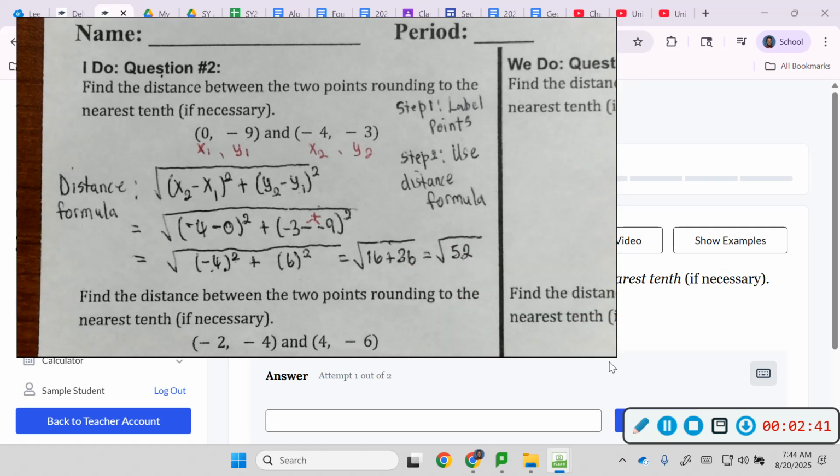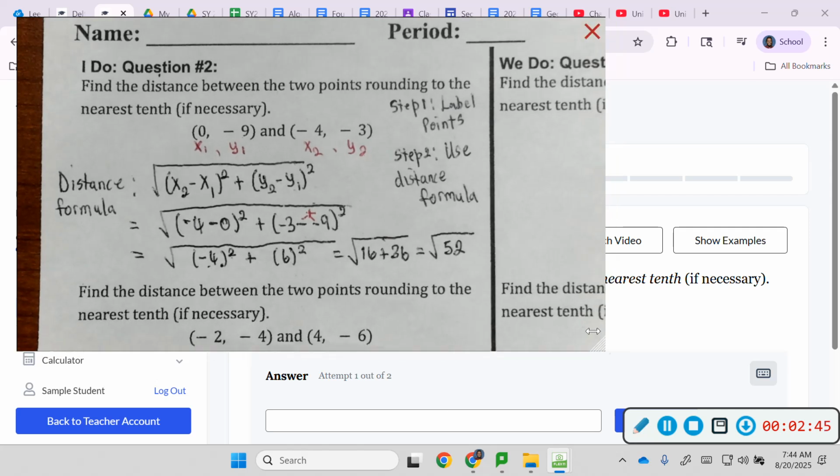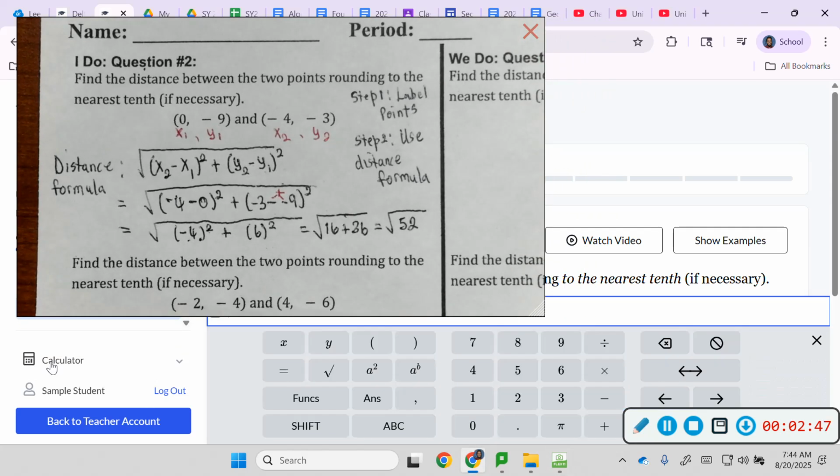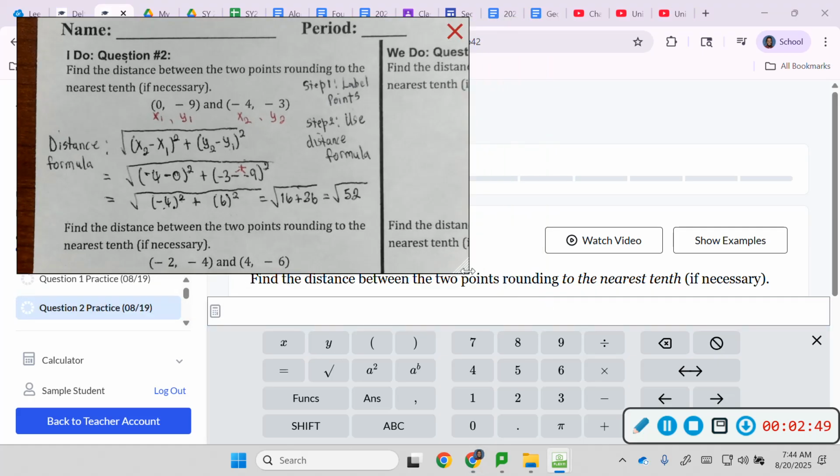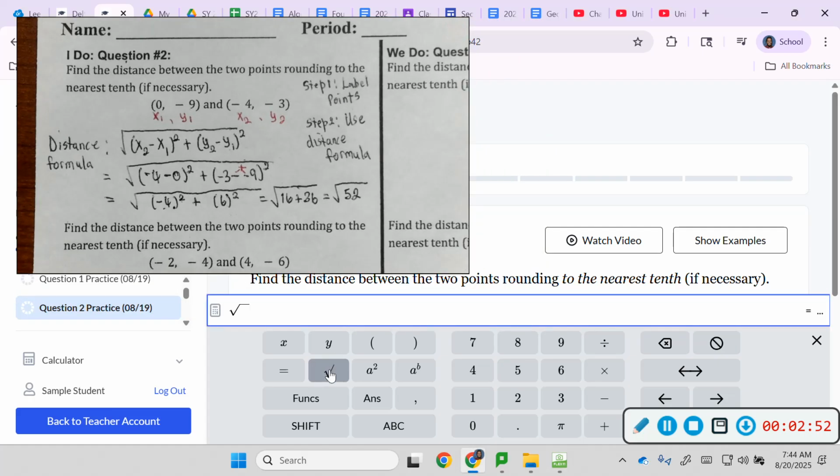I don't know what the square root of 52 is, so this is where my calculator comes into play. I'm going to click my calculator and type in the square root of 52. The square root of 52 would be